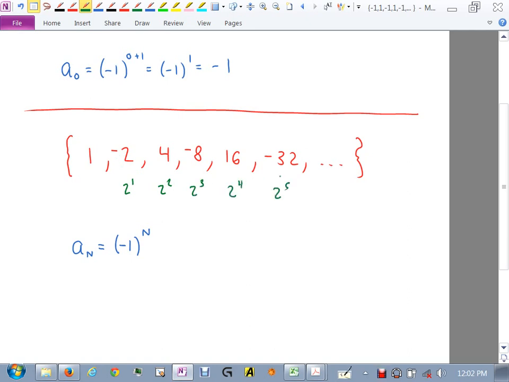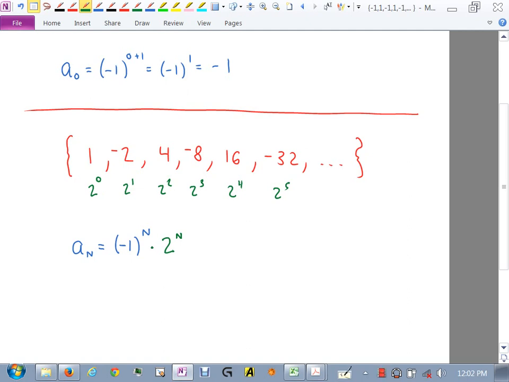Now, forget the negative and the switching signs. We've already taken care of that, right? What is this first one? If we're going to follow the pattern, that better be 2 to the what? And 2 to the 0 is 1. So this should be times 2 to the n. Right? I don't know if that's what you were saying. You said 2n. 2n means 2 times n, not 2 raised to the n, which is totally different.